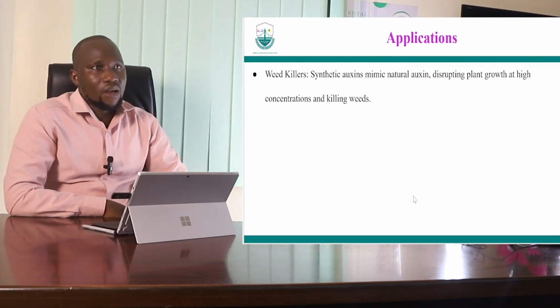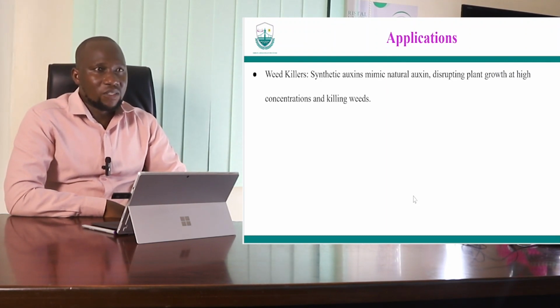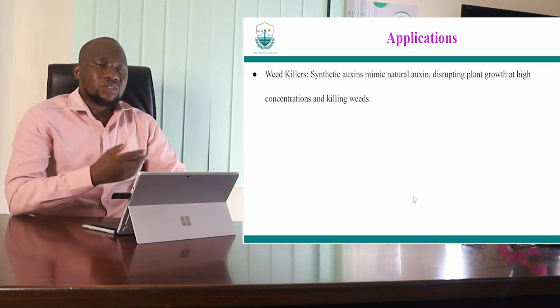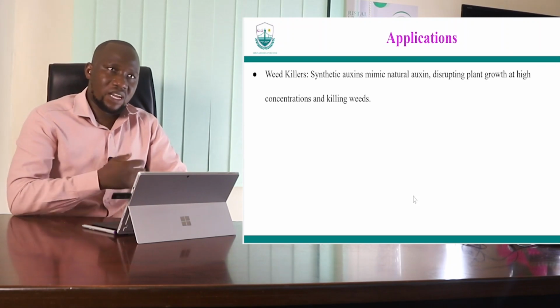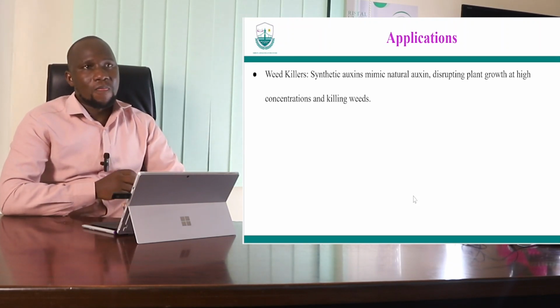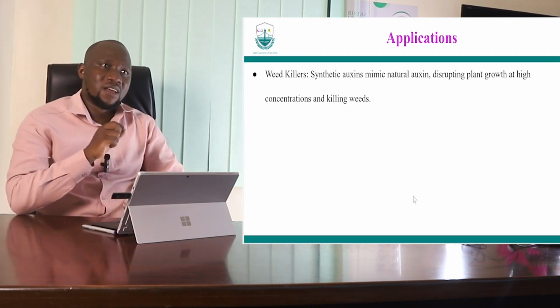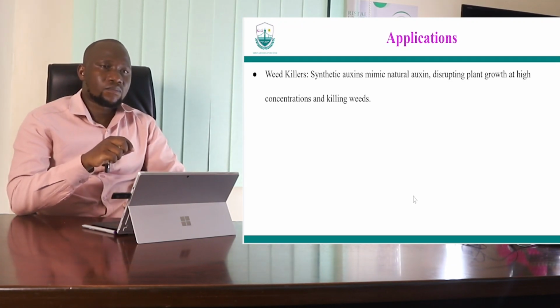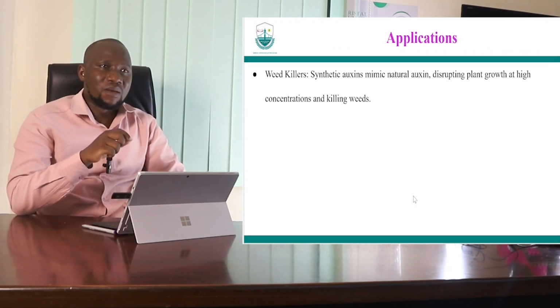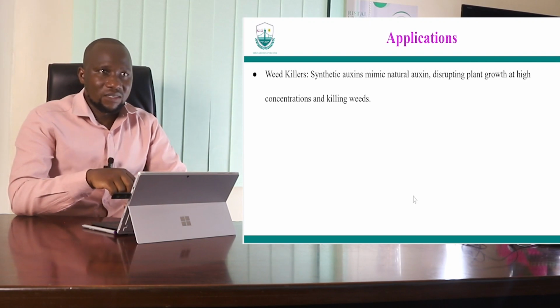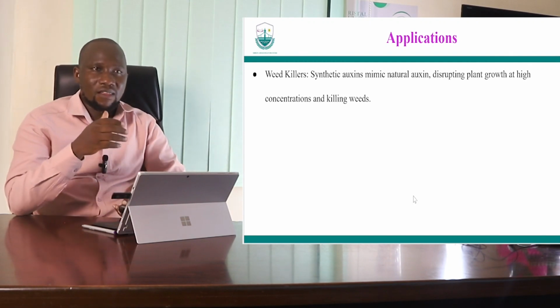So application, auxins are naturally occurring substances in plants that cause growth. Okay, they play an important role in growth. But we can synthesize these auxins. Basically, this is to say that man can make chemicals that resemble auxins chemically. It's to say that they can have the same properties as auxins. So that's what we call the synthetic